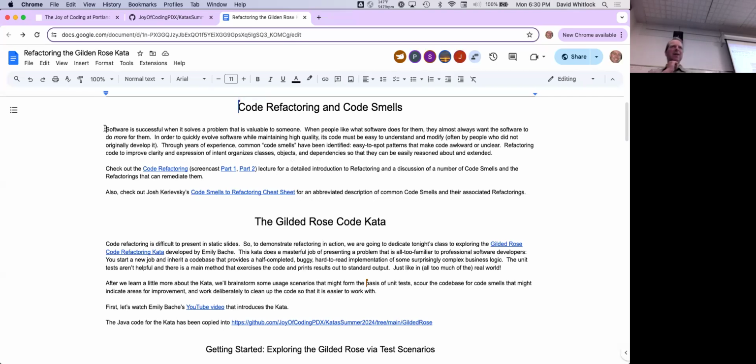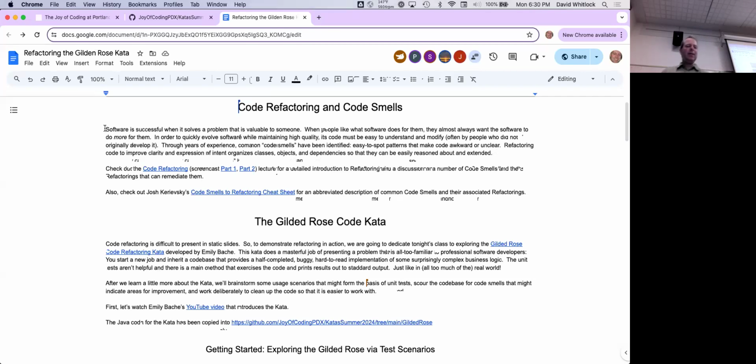So things like methods or variables with names that don't really express their intent, or duplicate code, or really complex if-then-else logic and loops and stuff like that. Now, luckily, these are pretty easy to spot. It's the kind of thing that most people can look at and say, ugh, that smells bad. That doesn't look right to me. You might not necessarily know how to resolve it or all agree on how to resolve it, but they're things that are pretty easy to point out.